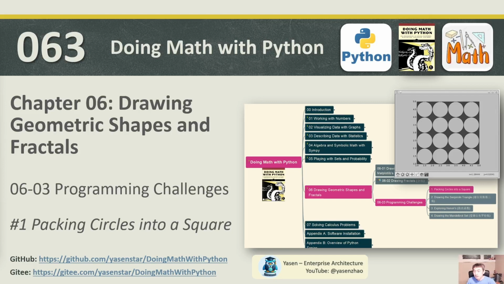It gives you a square, you know the length of the edge, and then we put in circles with unit radius, and then we see how many circles you can put into this square, and draw the maximum like this. So before we can make this drawing, we learned from this chapter